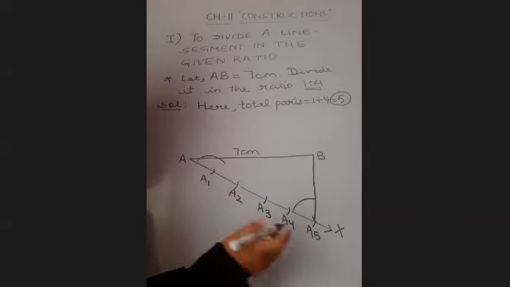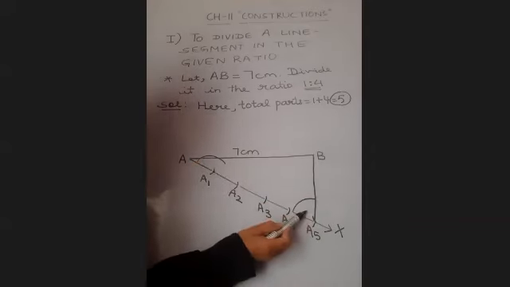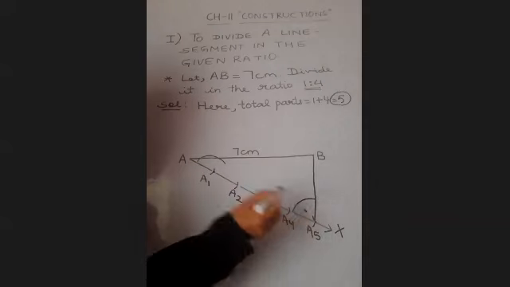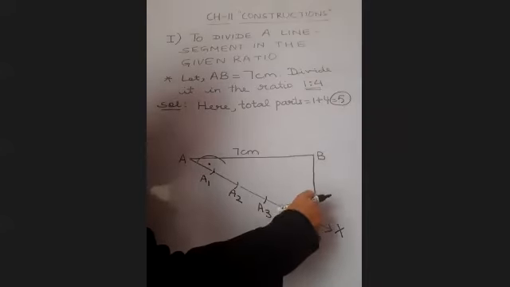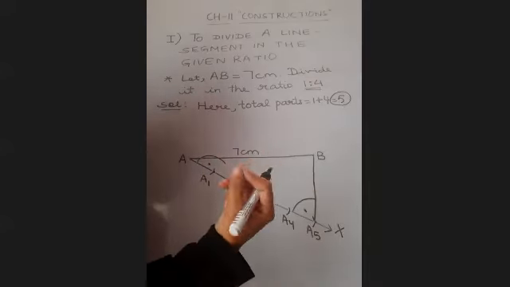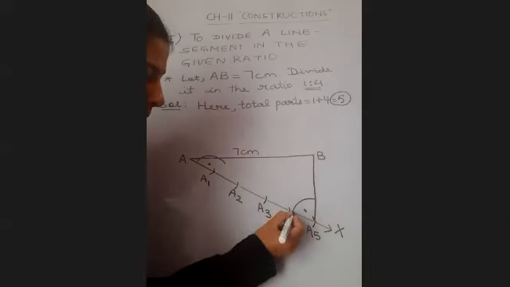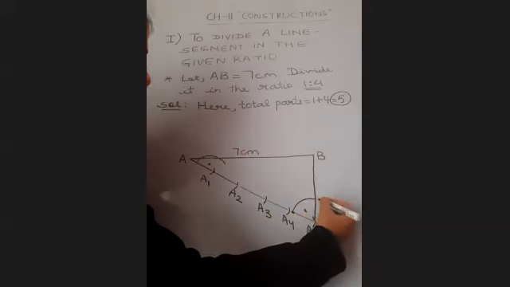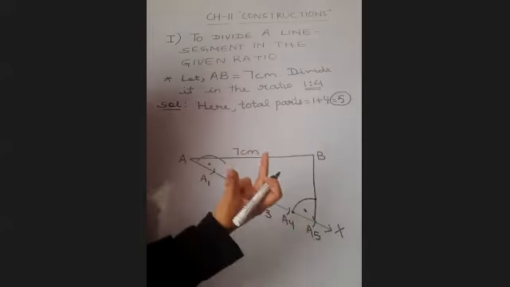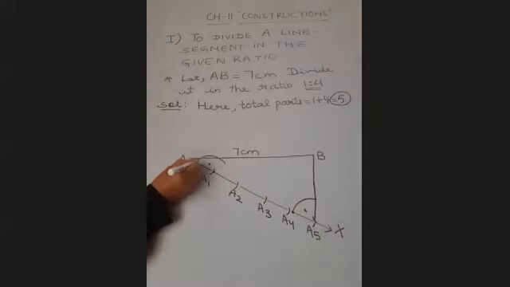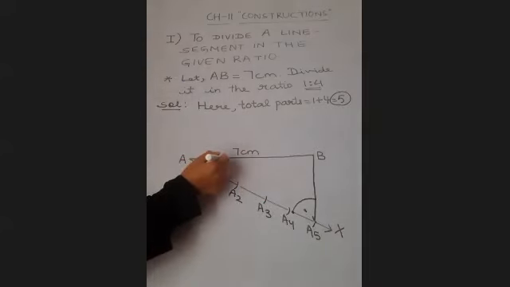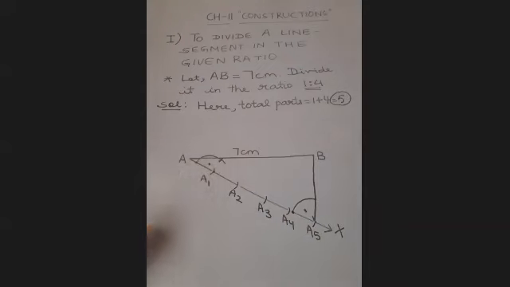Okay? Now you want that the measure of this angle should be equal to measure of this angle. So for that the procedure is, keep your needle here and measure the arc. Measure the length of the arc. How? Keep your needle here. Bring your pencil here. Select your compass so that your radius is measured. This radius you measure. Keep here. Wherever it intersects, that is your another point.